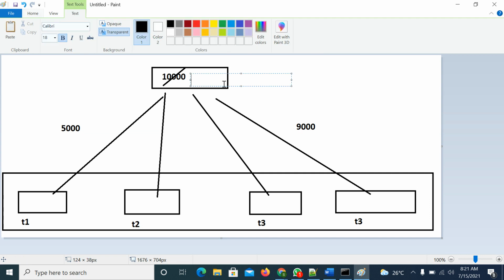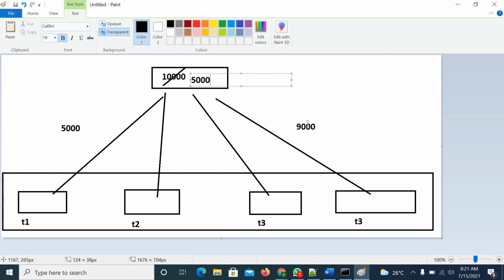But before updating the 5,000, the second thread is already getting the data. First he verified and is trying to pick the data, trying to withdraw the amount and update the balance to 5,000. Within this time, the third thread gets the chance, and he got the balance 10,000.